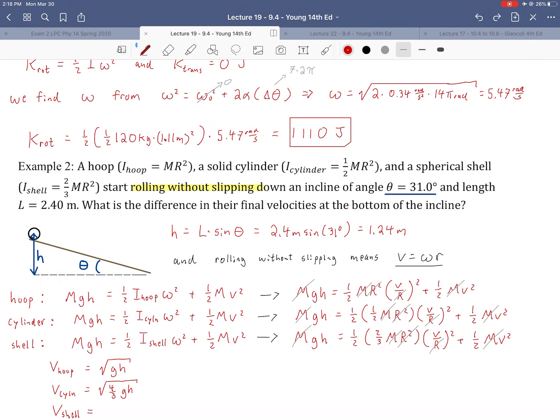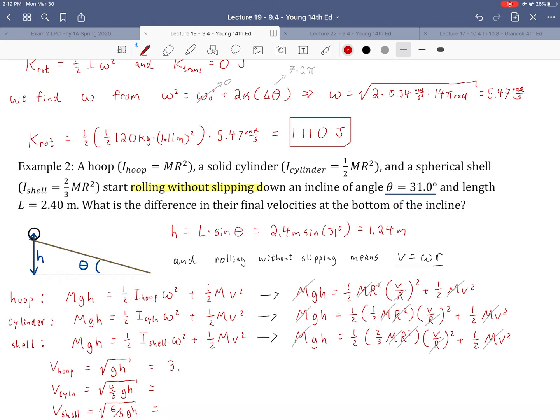And then for the shell, we do have a 1/3 plus a 1/2. 1/3 plus 1/2 is 5/6. And then when we take the reciprocal, we should get 6/5 inside the root. So this one right here is 6/5 GH. So the only thing that matters then is what planet we're doing it on, our G, our release height, which we found by knowing the overall length of the ramp. And so we just plug in our numbers,